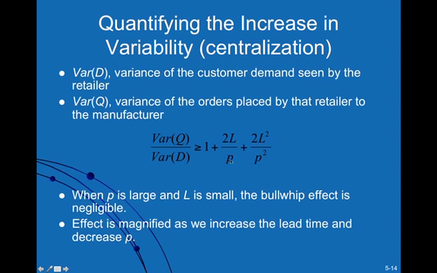However, if we decrease the number of periods that we use in calculating the moving average, then that ratio also increases. So if we could shorten the lead time and increase the number of periods, and if you think of a moving average, the more periods you include in the moving average, the more you smooth the demand. And if you smooth that demand, then there's less fluctuation, there's less variability. That smaller variability allows the manufacturer to not overproduce.